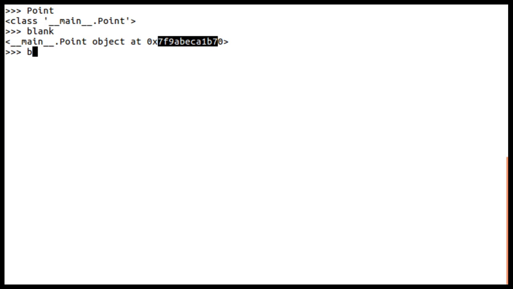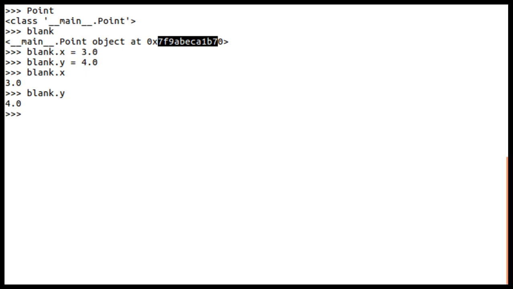I am going to create attributes: blank.x equals 3.0, and one more, blank.y equals 4.0. Now if I write blank.x, what I get is 3.0, and y is 4.0.